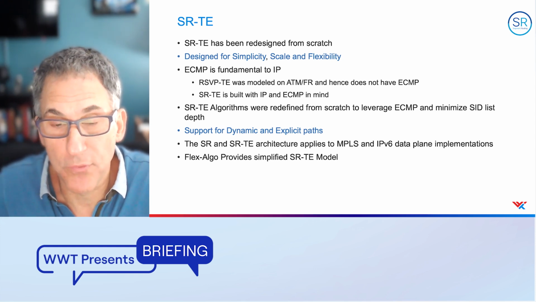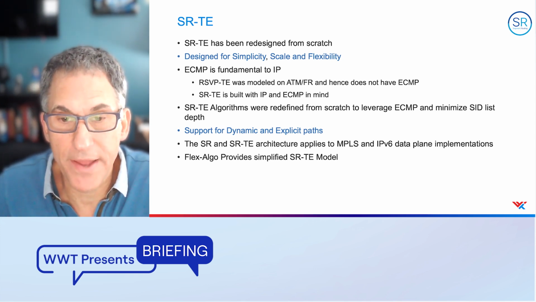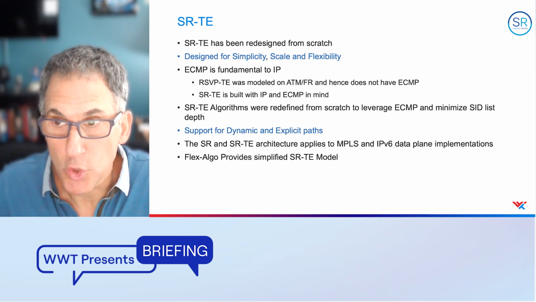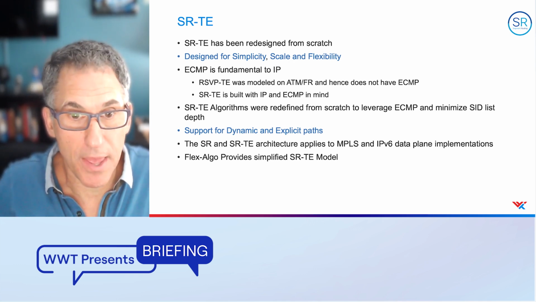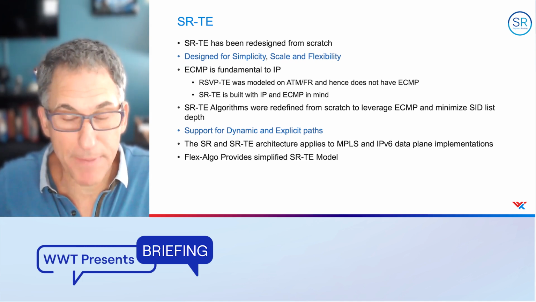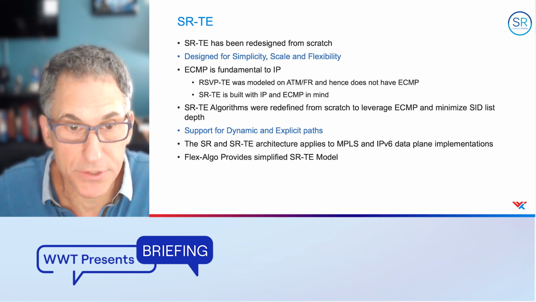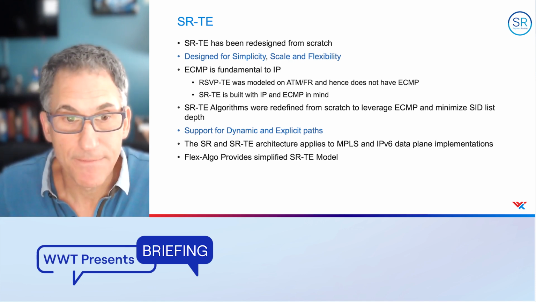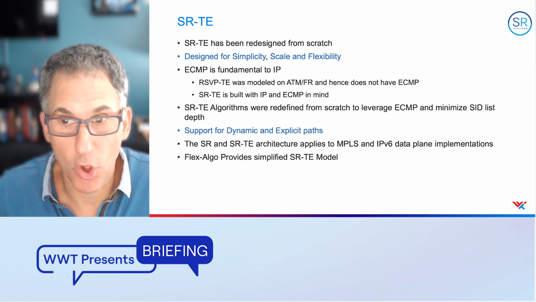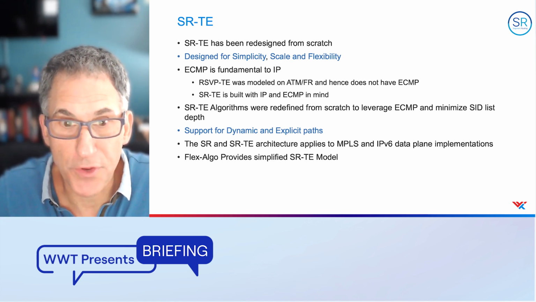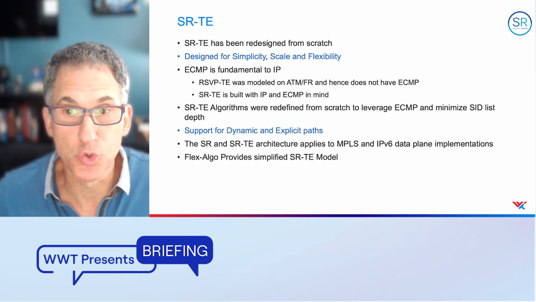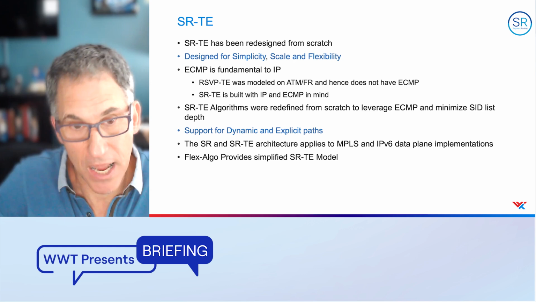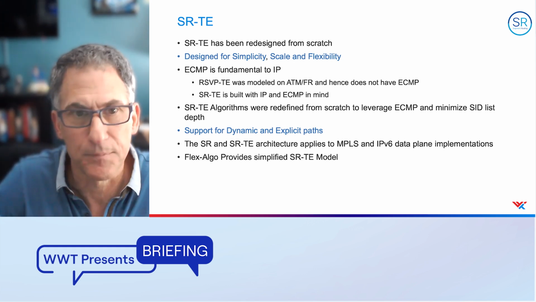There's also something called FlexAlgo, which provides a simplified SRTE model. Very popular because it's really simple. You put some values on routers, and you don't put the same values on all your routers. And basically you can slice your network up into different slices. So if you've heard about the term 5G slicing in service provider networks, that's where FlexAlgo can come into play. It also can be used in video delivery networks where you need dual streams at the exact same time that are never going to cross the same links. And I'll show a use case of that.